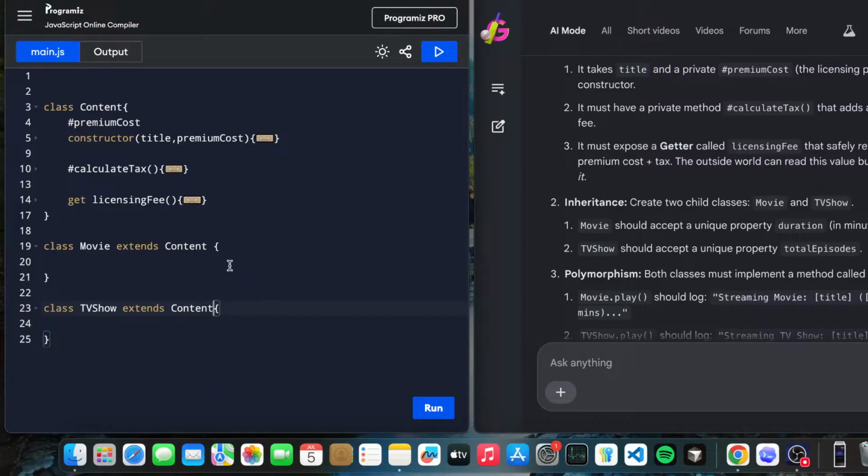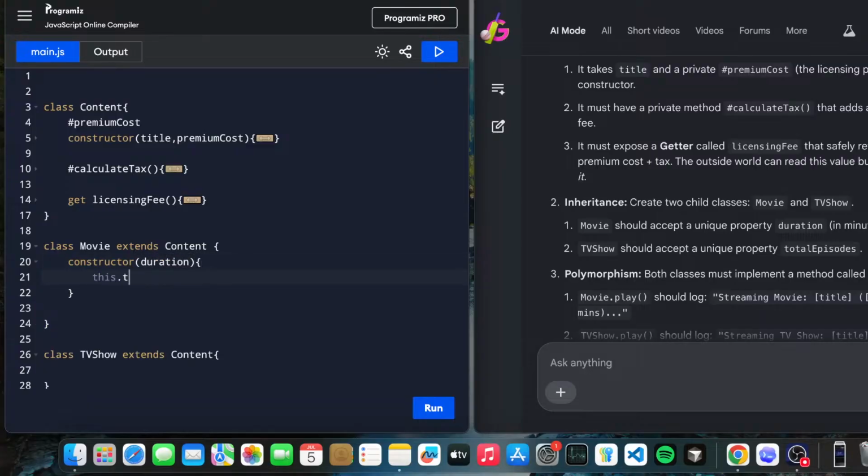Let's move on. Movie should accept a unique property, duration. In the constructor, it has a duration and this.duration equals duration. Similarly, TVShow also has a constructor, and it has total episodes because it's a TV show.